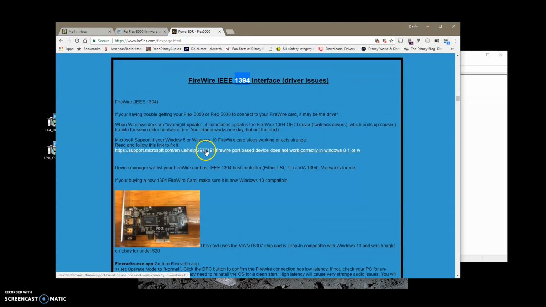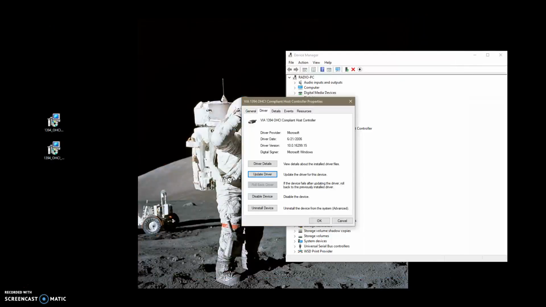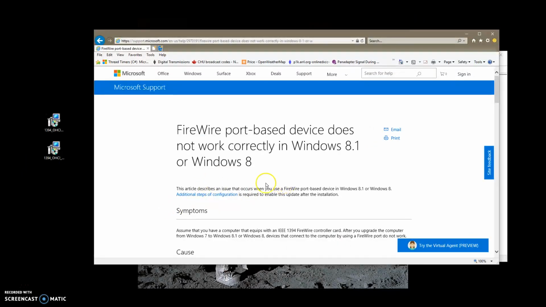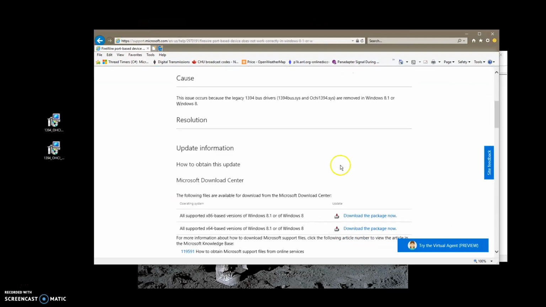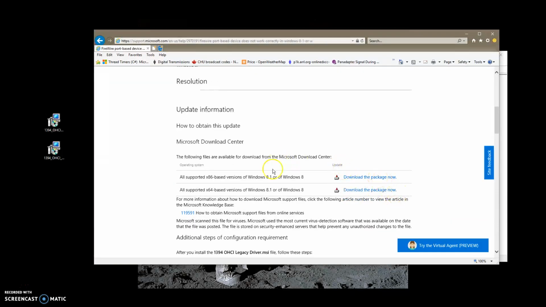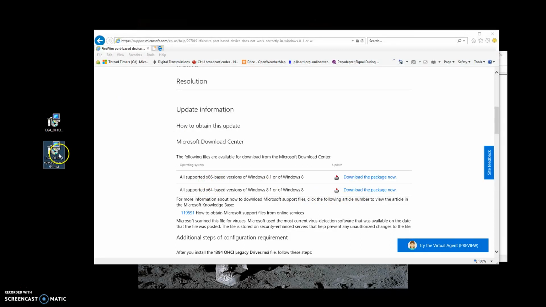But here's a link here. If you click it, this is a Microsoft page that they know about the problem. It started in Windows 8, but it actually works for Windows 10 as well. So you click on the package that you've got. If you've got a 64-bit machine or 32-bit machine, you download the package, and that's what these files are here. You run the file that's related to your computer,